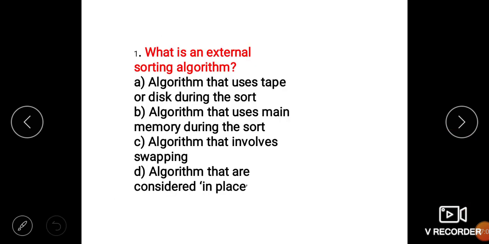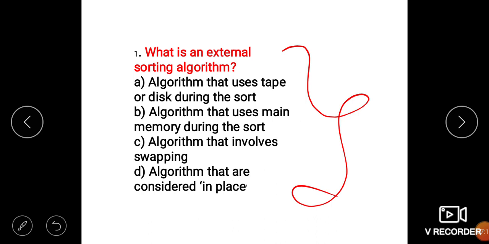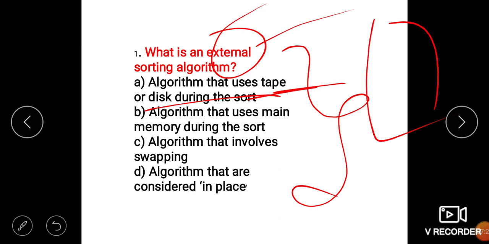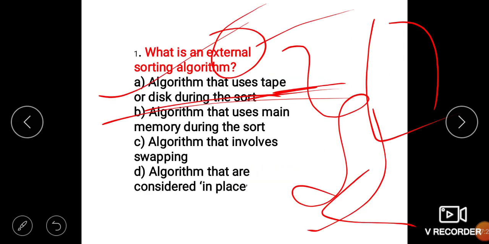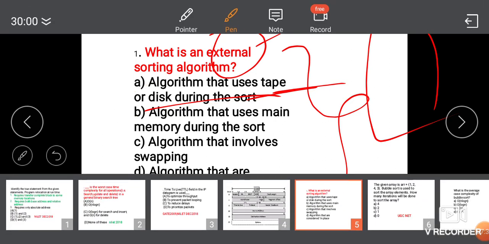So now next is what is the external sorting algorithm. External sorting algorithms are, as the name suggests, external. Tape and disk are not part of main memory, they are part of secondary memory. So option A is correct, it is an external part of the computer.